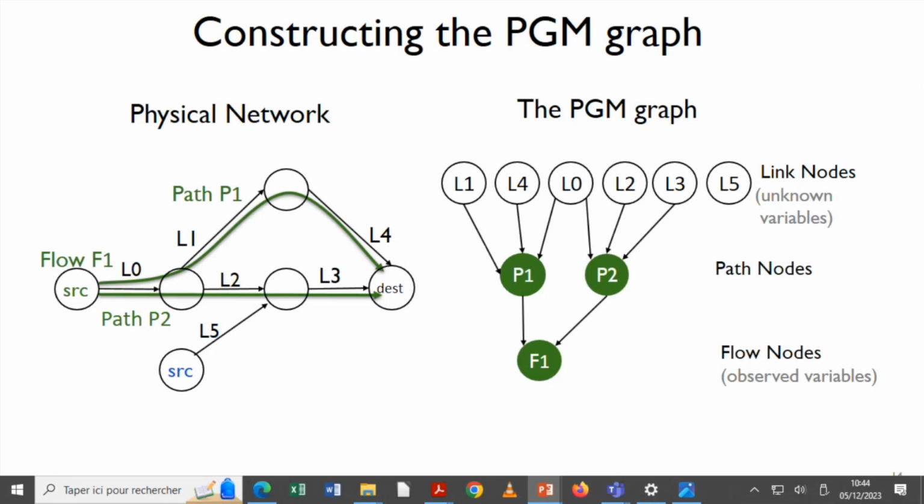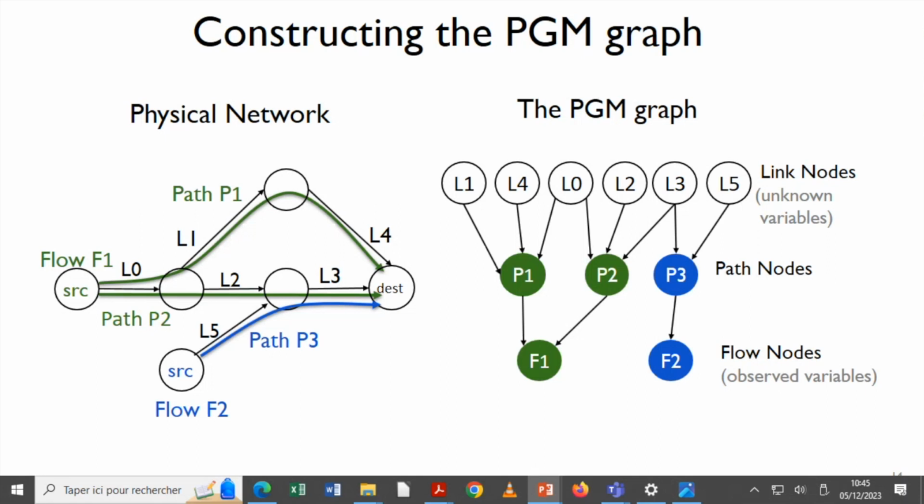It's 0 if that link is correctly working, and 1 if it's not working, and that's what we want to infer. The intermediate layer represents the paths for that flow, and then you have the flow nodes, which are your observed variables, basically the metrics of that flow. And if you have another flow, then you can also add the corresponding nodes in the PGM graph for that.